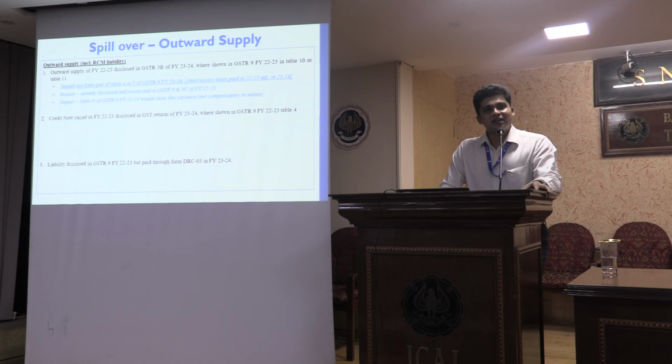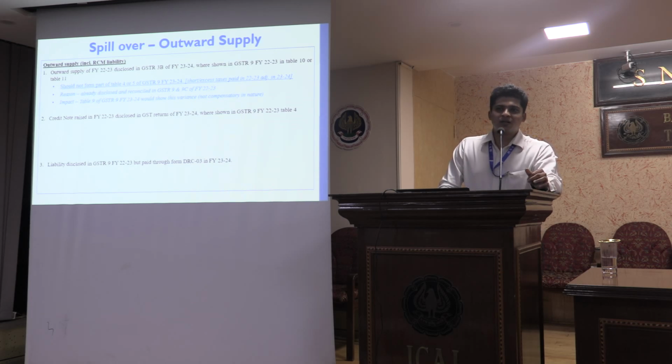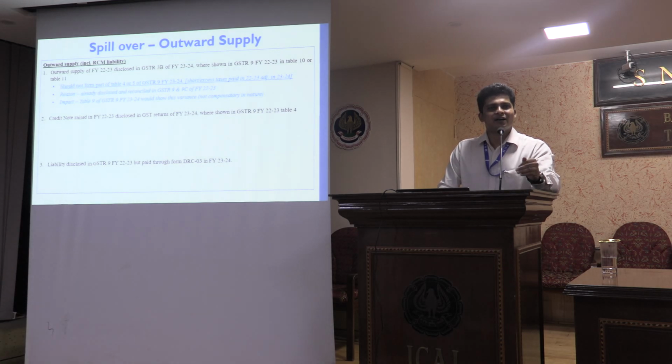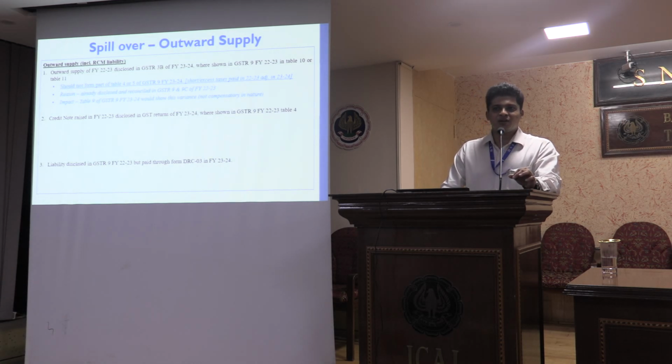What happens? What is the impact of this disclosure? There will be a variance in table 9. So table 9 in the financial year 23-24, you will have a tax payable portion which will have a lower value. Tax paid will have a higher value because you have paid it in this GSTR 3B of 23-24. Please maintain reason. There is no requirement to adjust in table 9. Next question